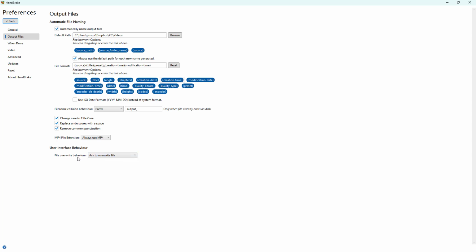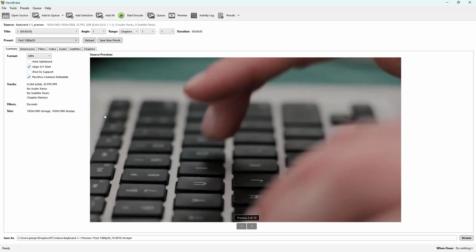And if a file overwrite is required, then it'll ask you to overwrite. But if you don't want it to ask, then you can let it overwrite the file without asking as well. But I'm going to set this to ask to overwrite file because that is more of a safe landing. And that is how you can utilize the automatic file naming and interface behavior option inside of